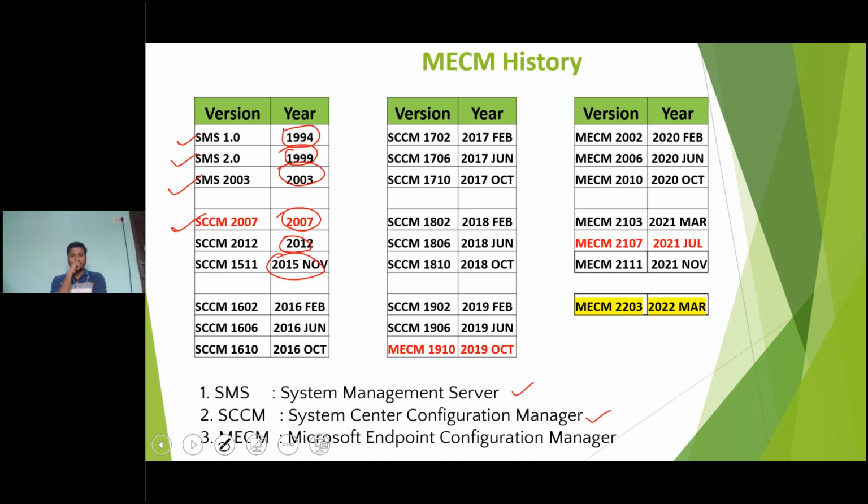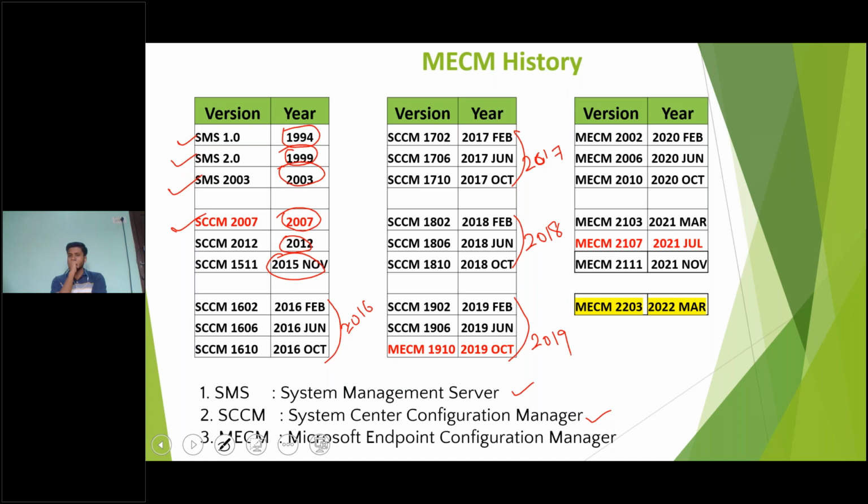Then Microsoft started releasing SCCM 3 times a year. So these 3 versions were released in the year 2016, right? Then these 3 versions in the year 2017, then these 3 versions in the year 2018, then these 3 versions in the year 2019.